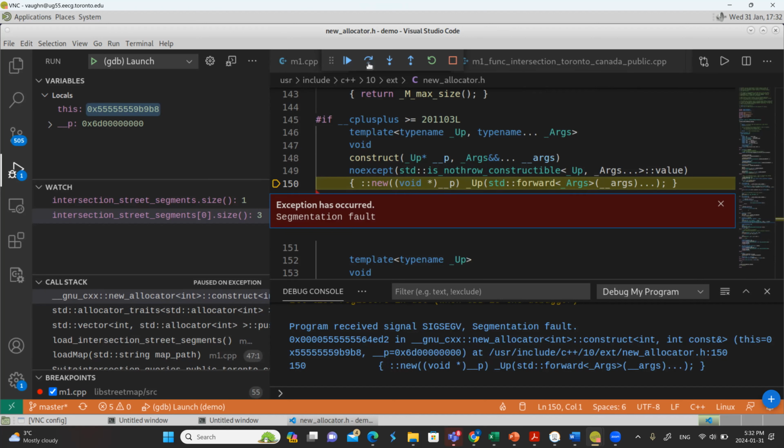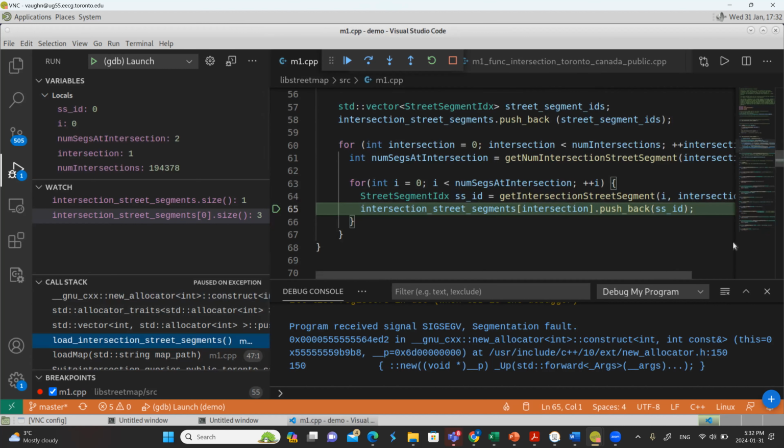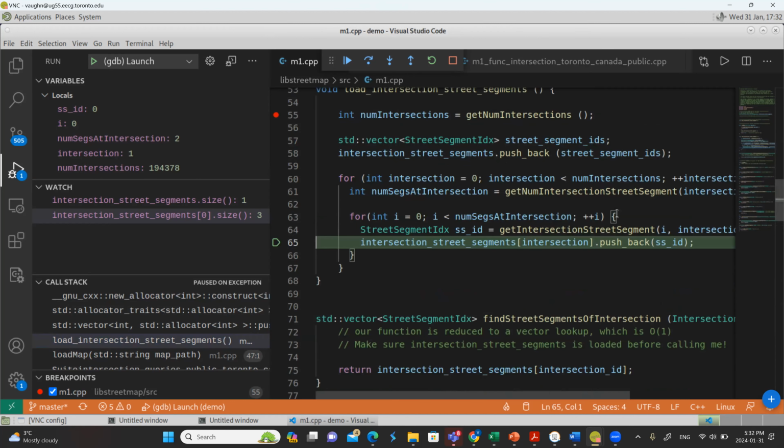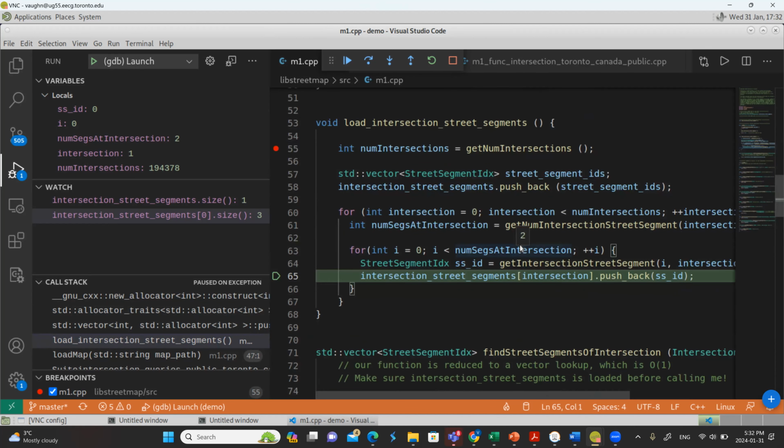So at this point, I now need to look carefully at the code. I need to think about what's happening. So let me go back up one level. Okay, so there's the code again. Intersection 0 works, intersection 1 doesn't. What's the problem? Does anybody know what's going on? So I keep hitting this line of code. I'm crashing here. Debug check told me it's a problem of accessing something. I'm accessing a vector with index 1 and there's only 0 elements in it.